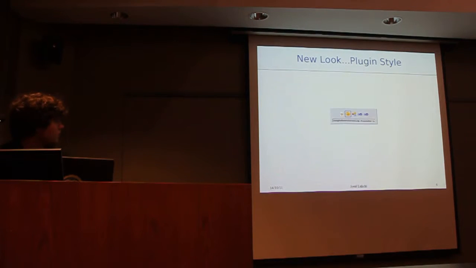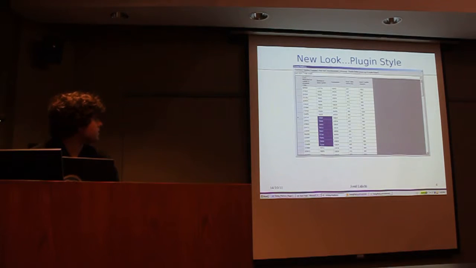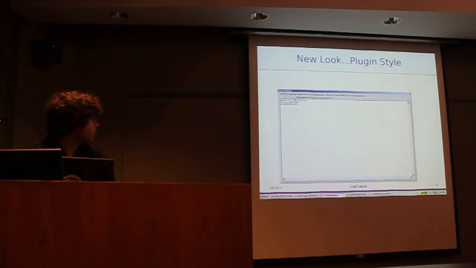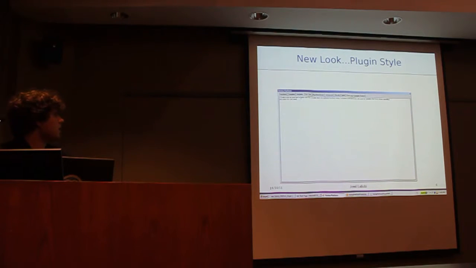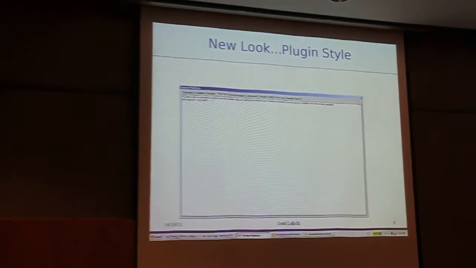The new look for it is this. Basically, you select code in your current application in Visual Studio, right-click on it, and then in your context menu there will be an option called Timing Platform. When you select that, the code you've selected will be pasted in here, and it lets you do that several times so you can collect multiple functions for testing. Right now you have to manually input a post-test to prevent optimization out of your functions, but that's going to be implemented by the end of this semester.